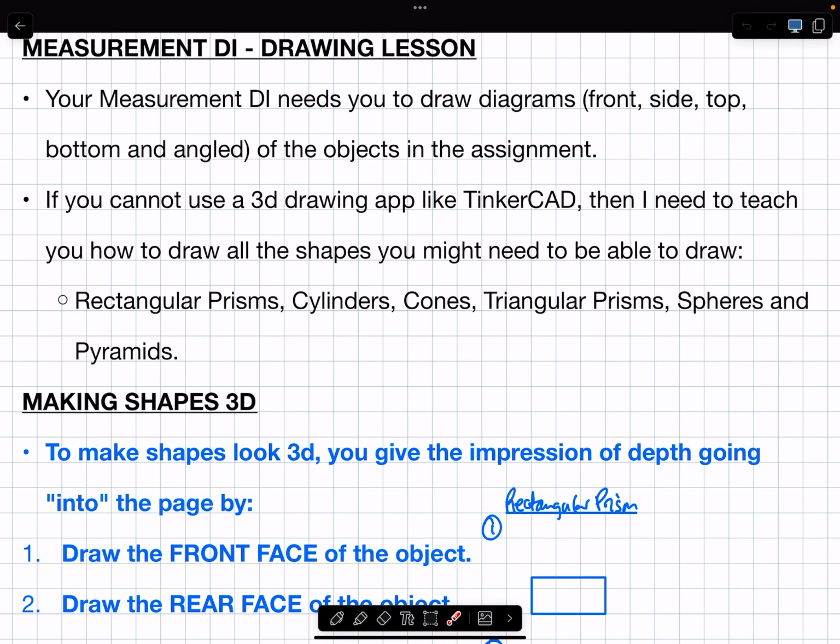Today I'm going to do a drawing lesson, and then you have time to work on your measurement DI. The draft is due midnight, not this week, next week, and then the final is due midnight Friday of week 10 before you go on holidays. However, ongoing today, I will be calling out people who either need DI progress to pass or could push their